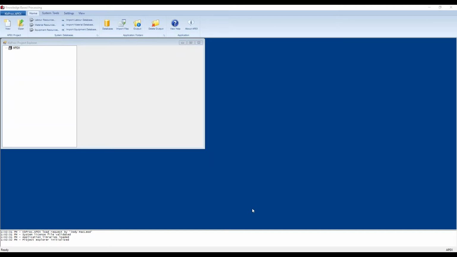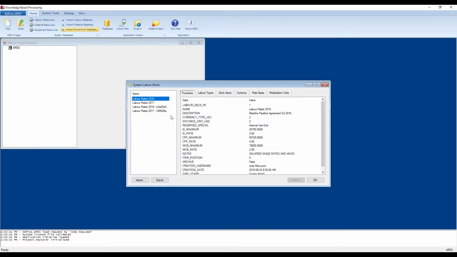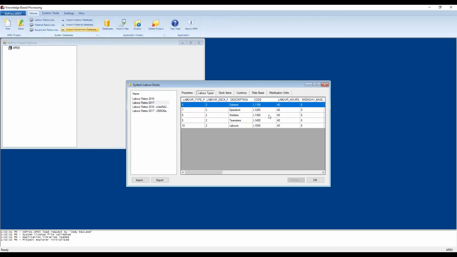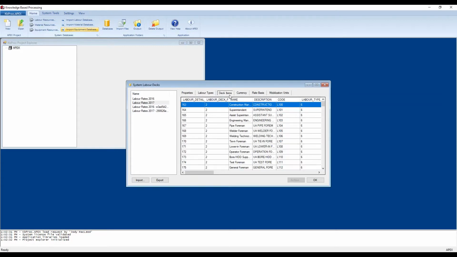Okay, we're now going to look at a demonstration of the APEX software itself. This is what it looks like when you open up APEX. I'm going to talk about the ribbon across the top first. In the Home tab, this is where you would establish your system decks, whether they be for labor, material, or equipment. We'll look at labor rates for 2017, for example. And again, those can be imported from the information that you already probably have. So this has the properties for this deck, any labor types that would be used, the deck items or resources themselves,